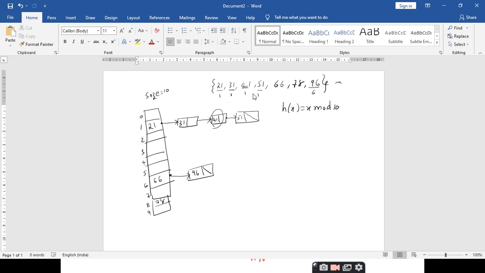You can observe the point which I told earlier, that linked list operations such as insertion and deletion are easier, but I never mentioned the search operation. Search operation is always a complex thing in the linked list, where if you want to find an element which is the last node, for example I want to find 51, it may go up to big O of n. So this is the primary disadvantage of this separate chaining. Is it clear?